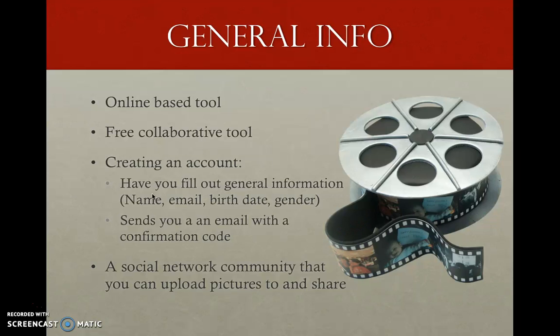When it comes to creating an account, you did have to fill out some general information such as your name, email address, date of birth, and gender. It does then send you an email with a confirmation code that you must verify. Therefore, to have a Flickr account, you must have an operational email address. That's one of the things that you do need. And in general, Flickr is a social networking community where you can upload pictures and share those pictures with